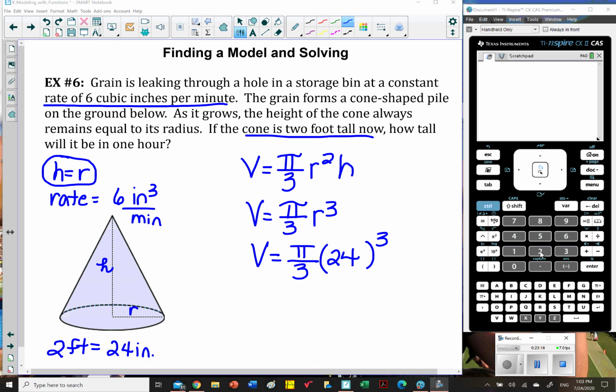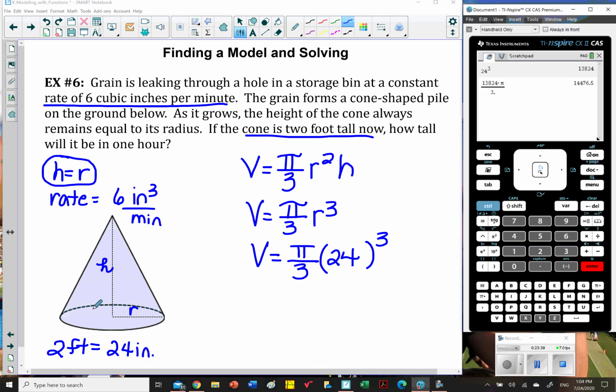If we cube 24, multiply by pi, and divide by 3,